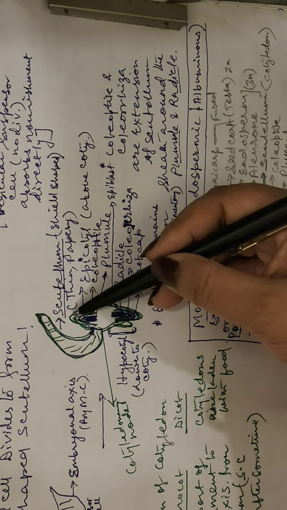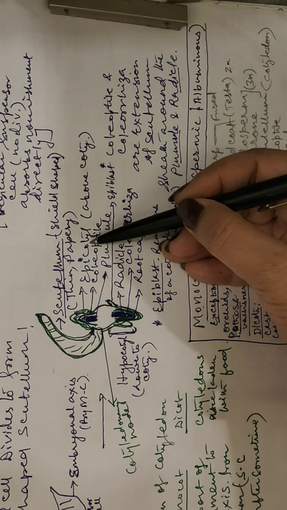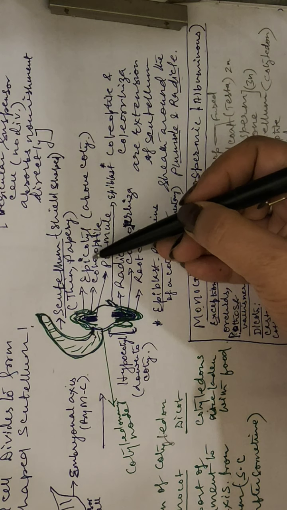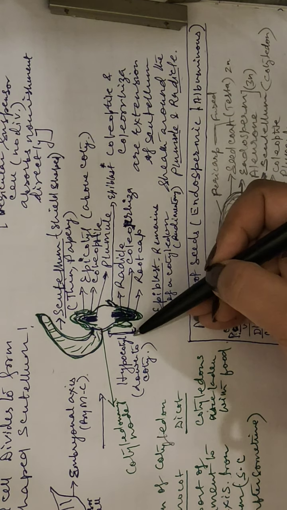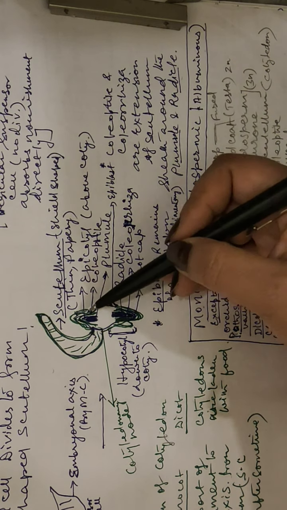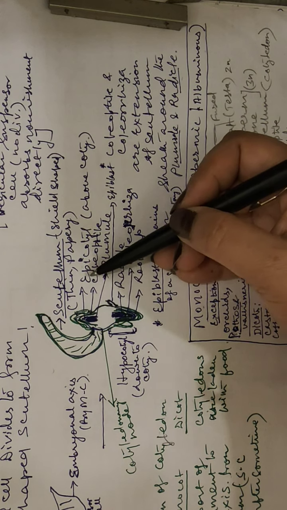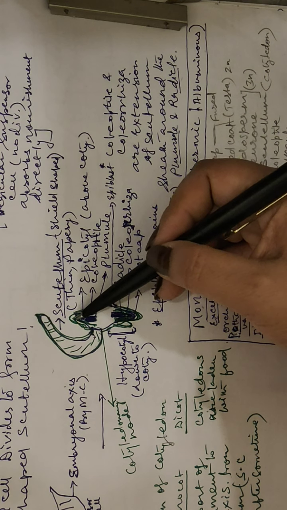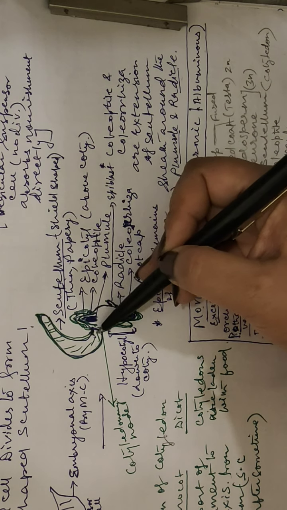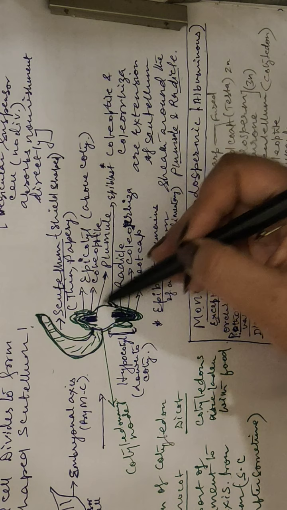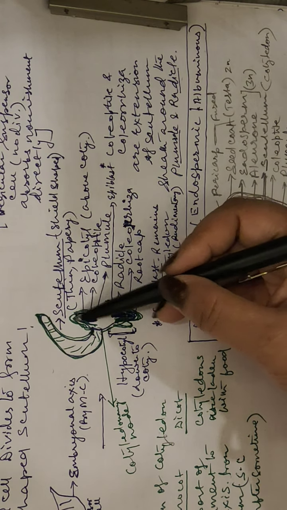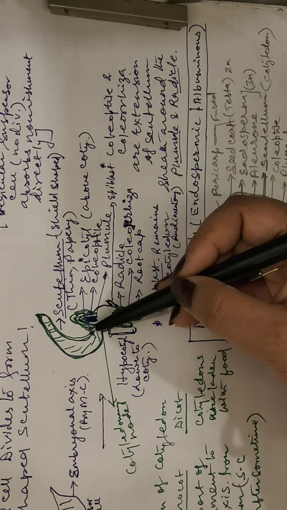Just above the node is called the epicotyl. The cotyledon arising point, just above that is called epicotyl, and the point below is called hypocotyl, that is lower to the cotyledon. Now in this embryonal axis, this epicotyl actually forms a plumule. So just above this, you can see this is the plumule. I have written the plumule here, and just above the plumule part you can see green. I have drawn it with green. This is a kind of sheath.